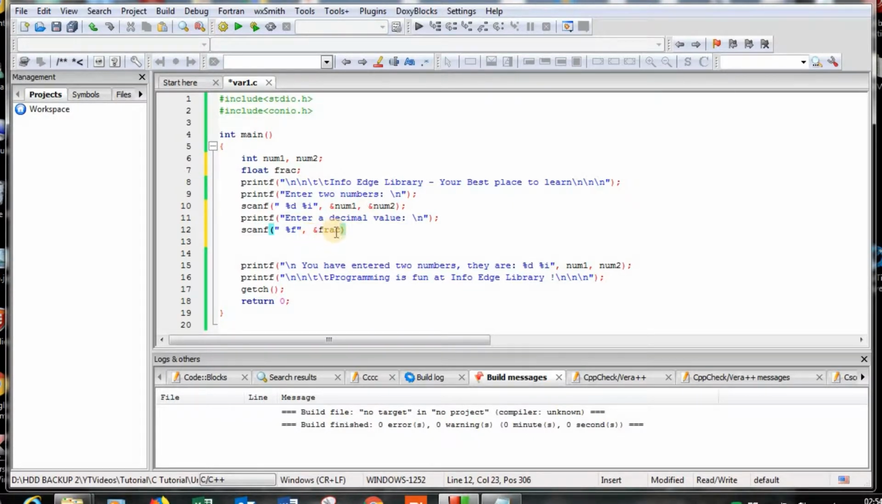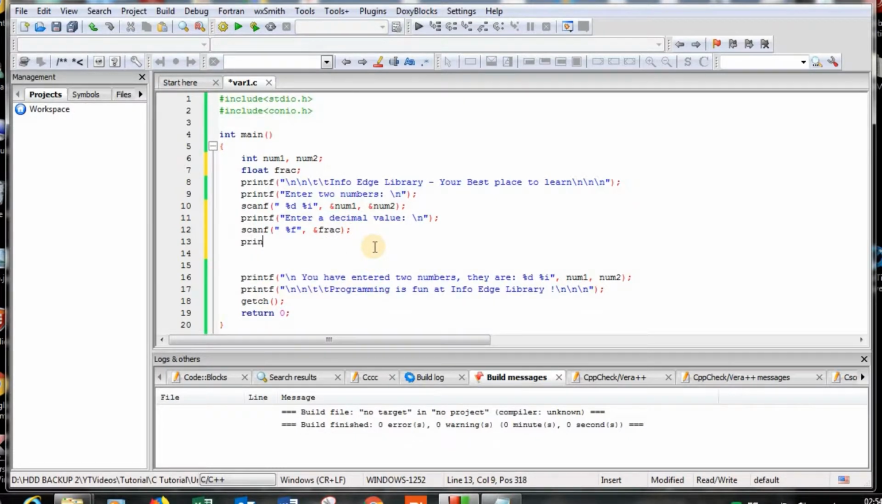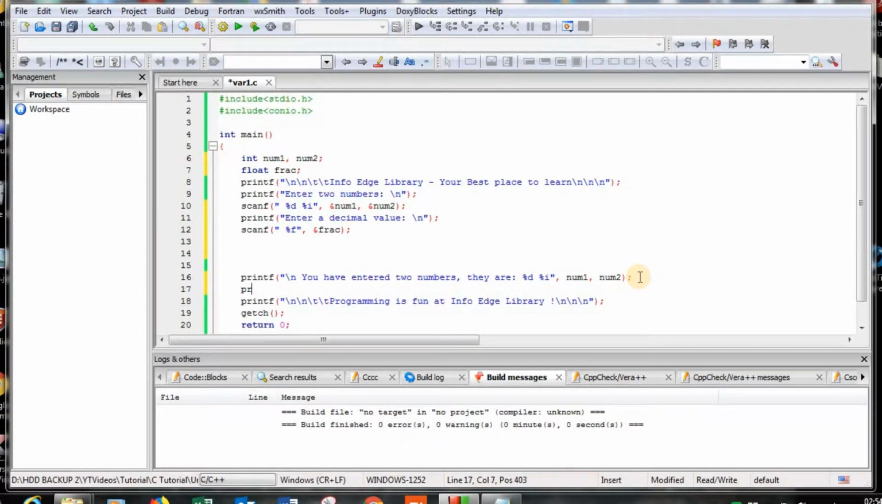And next I am mentioning this frac, that is a float variable I have declared. So that means the value to be stored into this frac variable. Next I am going to display that. So display here just after displaying the number, you have entered decimal value,